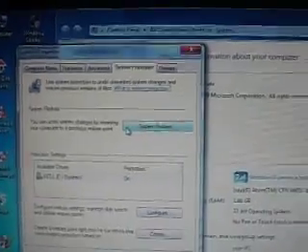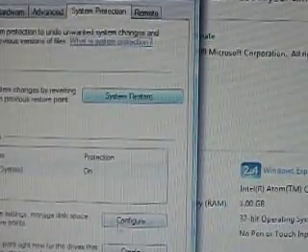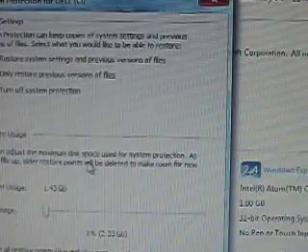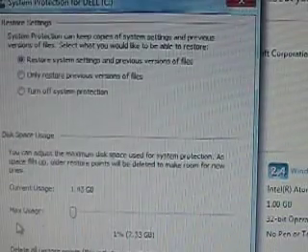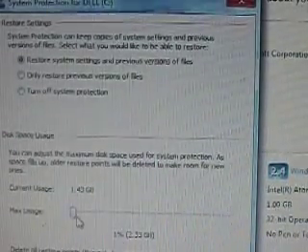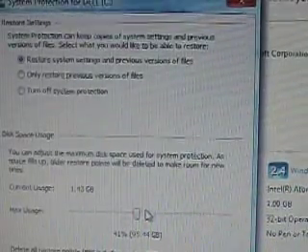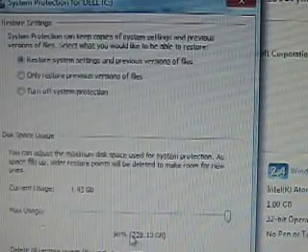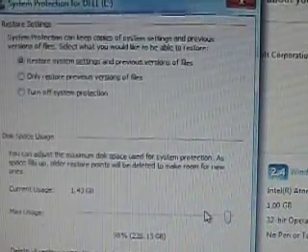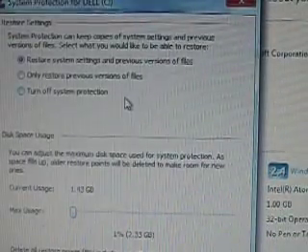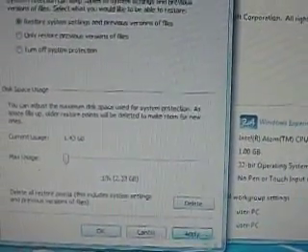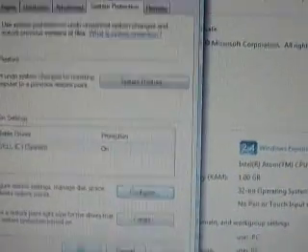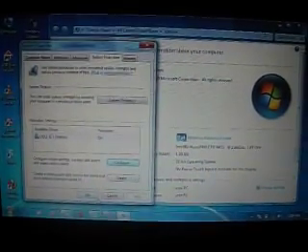You can configure, and for max usage you can see it set high, for example 90%, and you can lower it to 1%, and press Apply and OK.